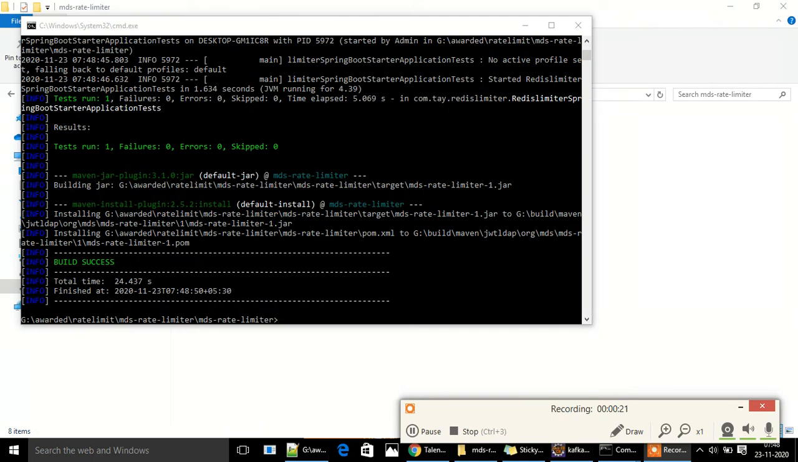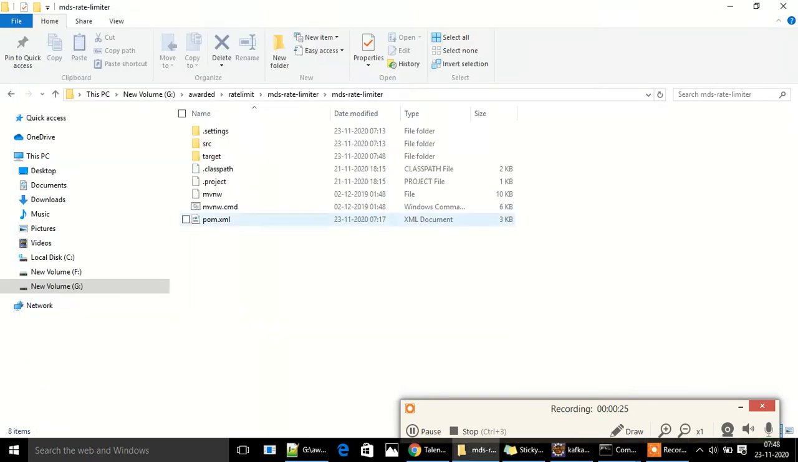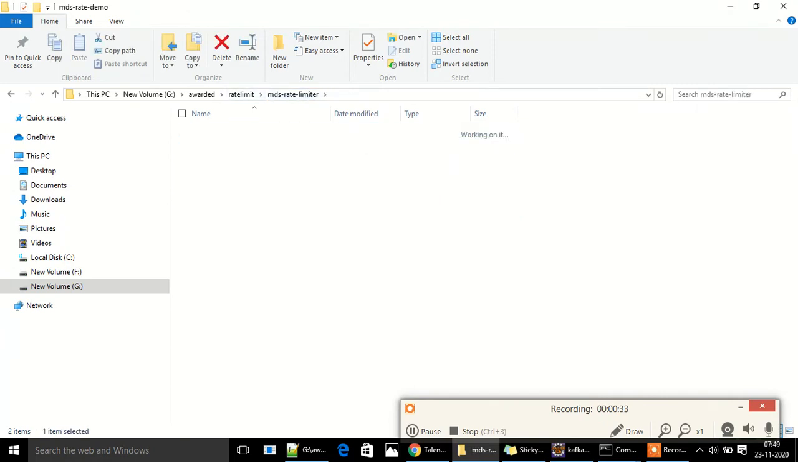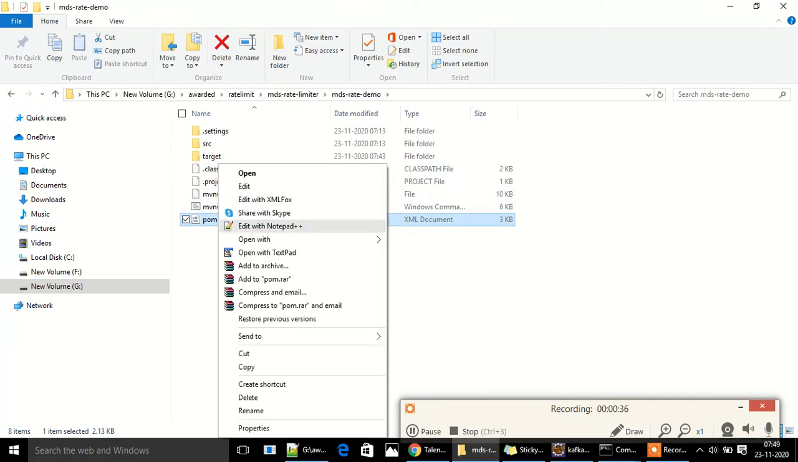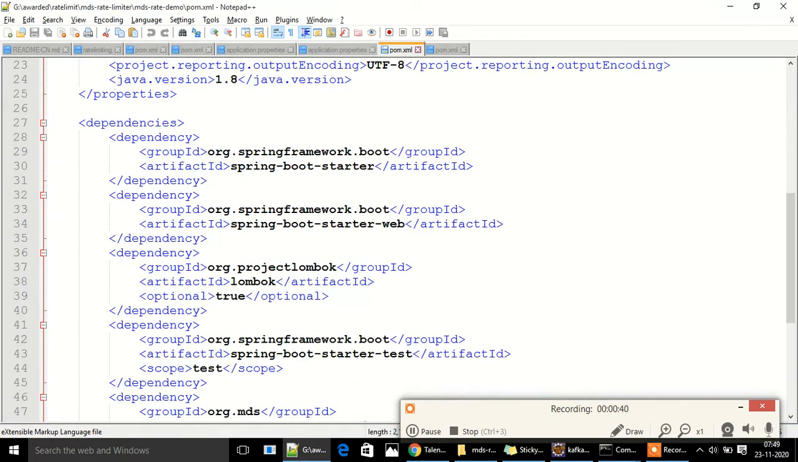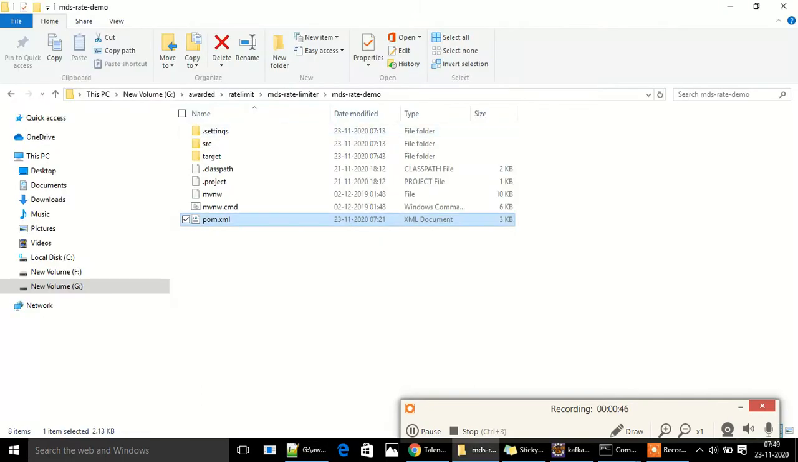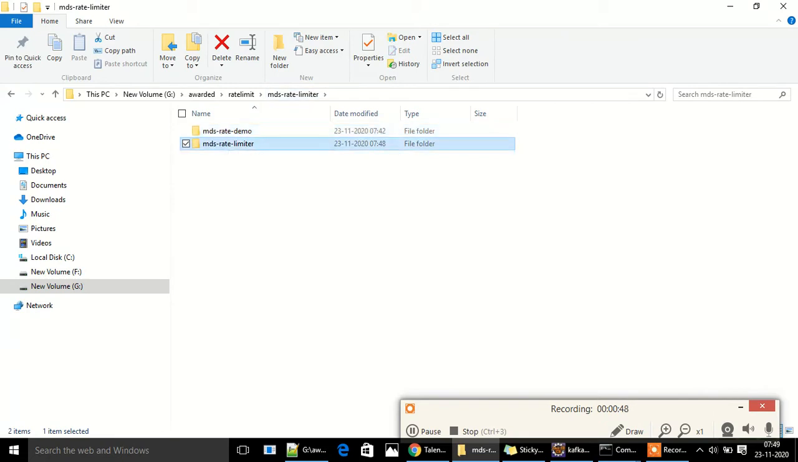The mvn clean install is successful now. After successfully installing, you can see the jar generated here. What you need to do is include this as part of Maven. You go to this demo project, for which I have used it. See here, I am using this as a dependency, MDS rate limiter, which is nothing but this install which